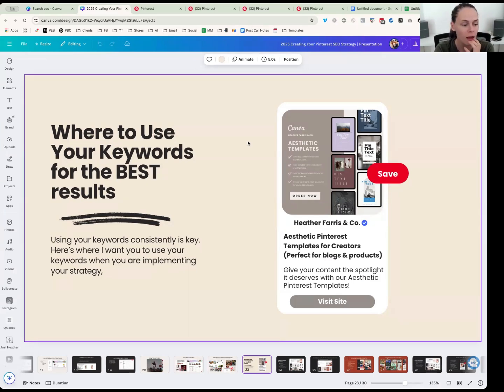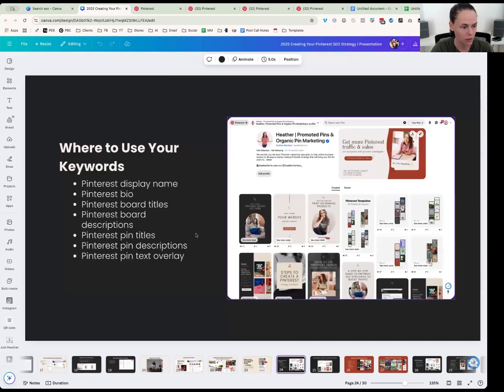you guys as well. But you want to use your keywords all the time, consistently. So on Google, you can cannibalize keywords on your website, and Google won't know which page to use. If you use the same keyword on every page of your website, they're not going to know what to prioritize. That is not the case on Pinterest. It's probably not the case on TPT either. I want you to use your main keywords consistently, all the time.